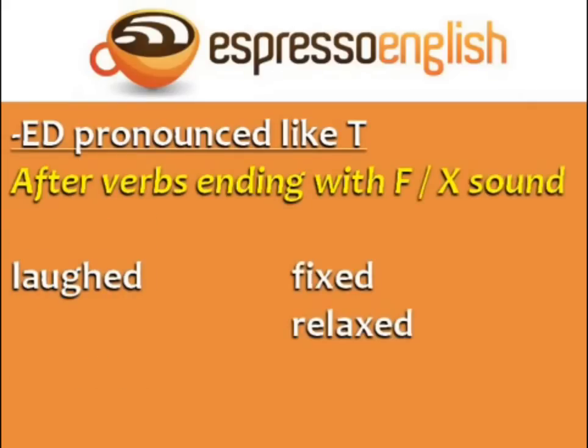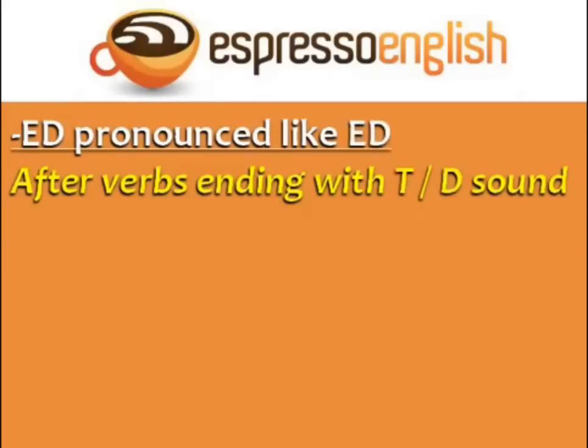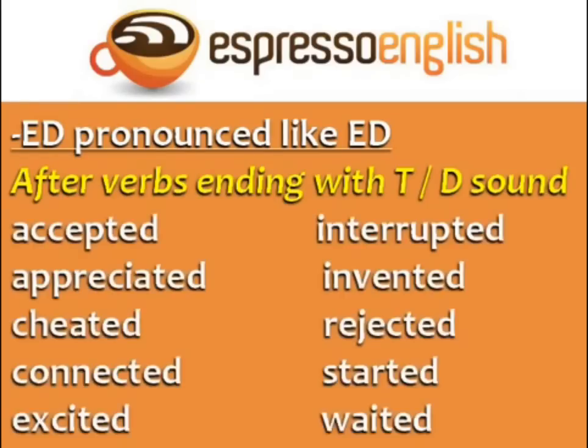Finally, -ed is pronounced like T after verbs ending with an F or an X sound. Laughed, fixed, relaxed. The second pronunciation of -ed is like -ed with an extra syllable, after verbs ending with a T or D sound. Accepted,